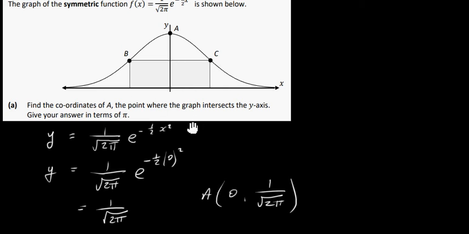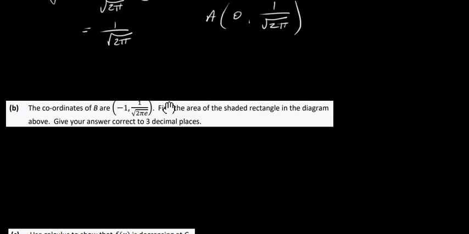So the length we know is, well, B has x-coordinate minus 1, so C must have an x-coordinate of plus 1. So the length along here is 2. The y-coordinate of B is just going to give us the width. So that's all we've got to do really. So we know that the area is just going to be length times width. So the length is 2 units and the width is our y-coordinate here, 1 over the square root of